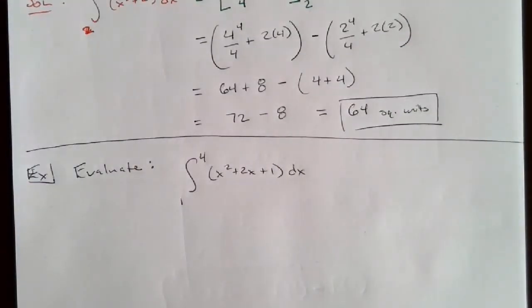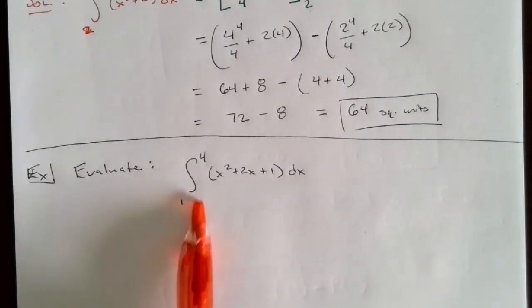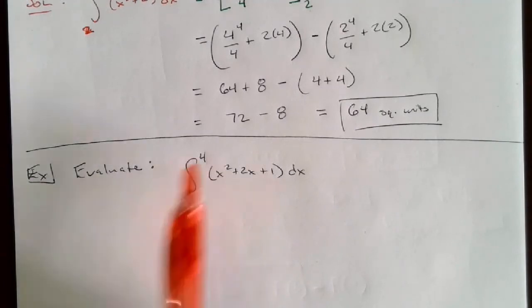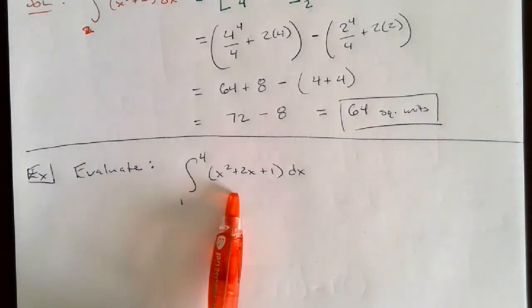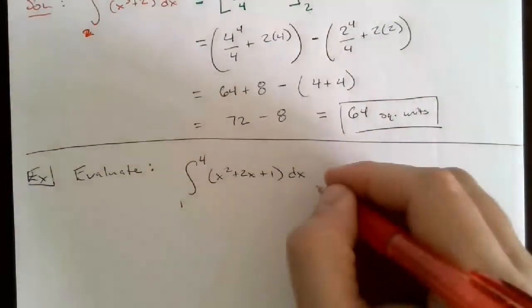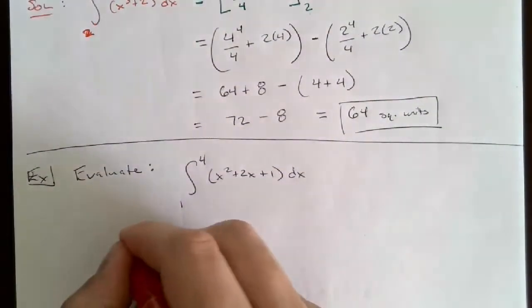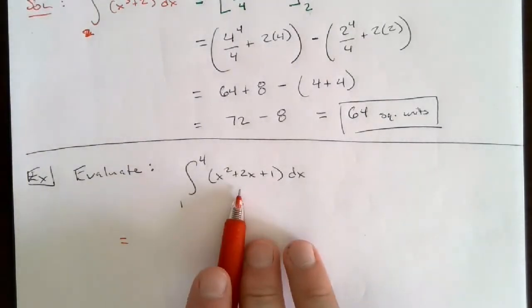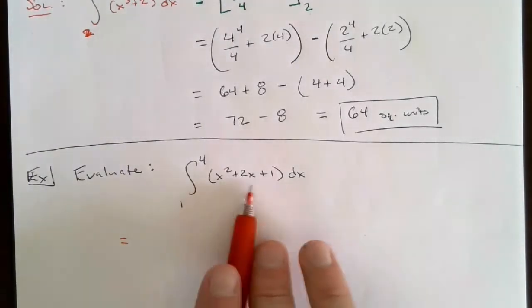I'm just going to say, alright, let's take this antiderivative. Now, it would be equal to area under the curve as long as this function's non-negative between 1 and 4, which this parabola is, but we're just going to go through and evaluate this just to make sure we know how to take the definite integral. So, first thing here is, once you have this, you want to take the antiderivative. So, taking the antiderivative of the inside here,